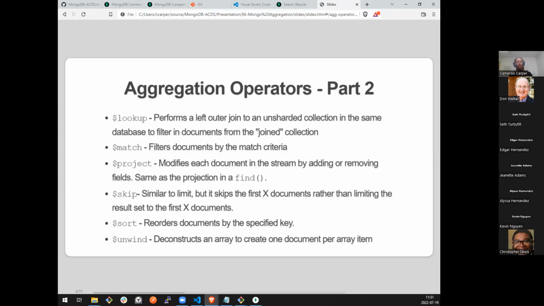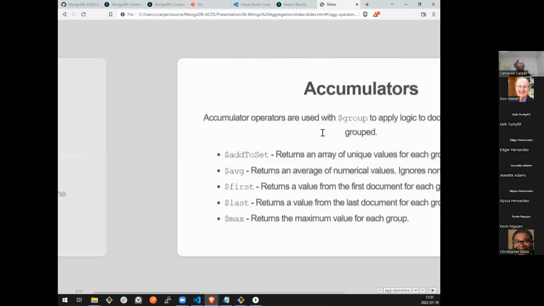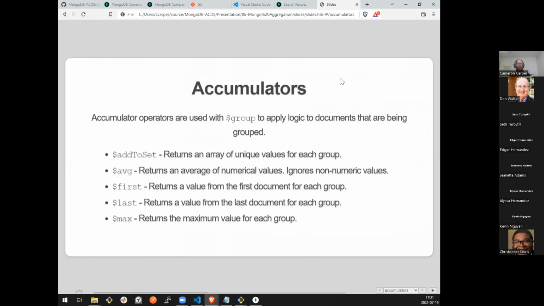If you have one document with an array with 5 items in it, and you unwind that array, you're going to end up with 5 documents. So it basically takes the array and explodes it into new documents. And I do have an example of this. Is that one example of what you were talking about? 1,500 records turns into 3,000, where you start to explode the subgroupings. Exactly. Yeah.